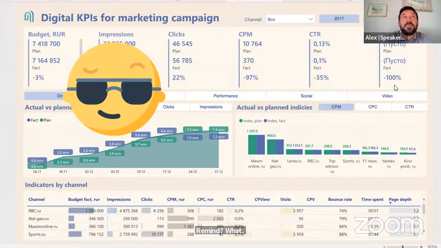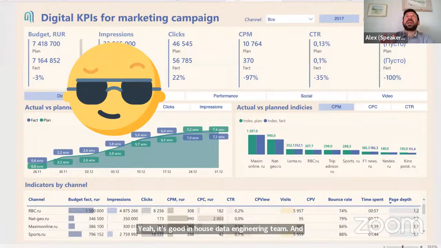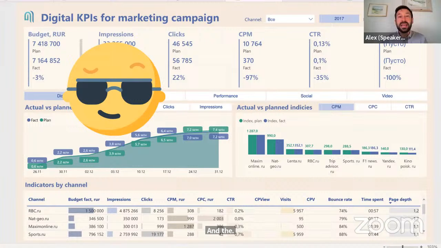because this company had a good in-house data engineering team, and they had a direct connection to all the ads managers, Facebook, Google Ads. The value of this dashboard was actually not in data visualization, but in this trusted real-time data.